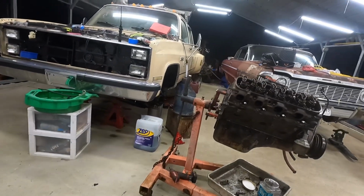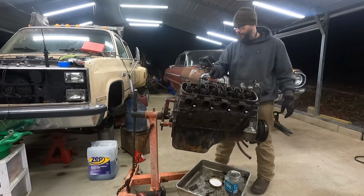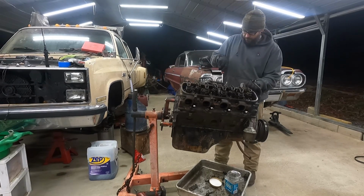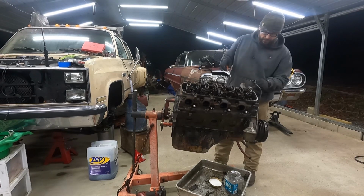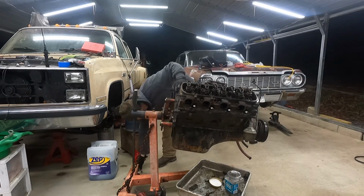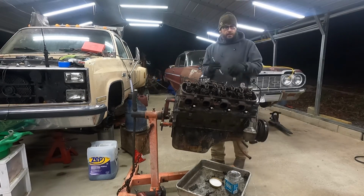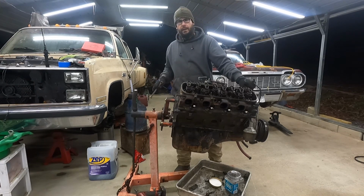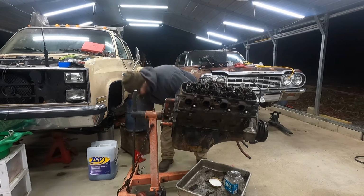Supposedly the dually was only a 3-owner truck. And it was originally bought, I don't want to knock a bunch of junk down this valley. It was originally bought to pull a race car, I think it would have been an early Pro Stock car or something. And then the second guy that owned it also pulled a race car. And then the third guy that owned it bought it to pull his race car. So